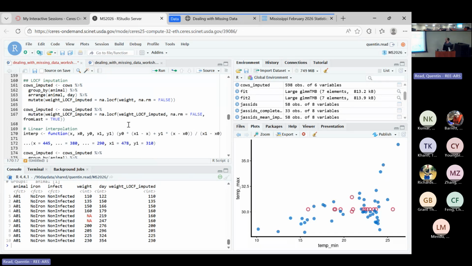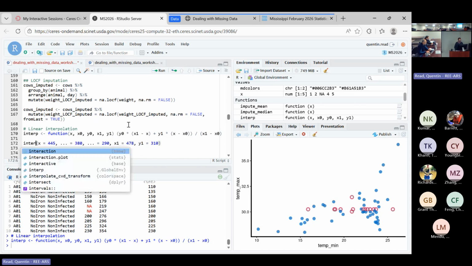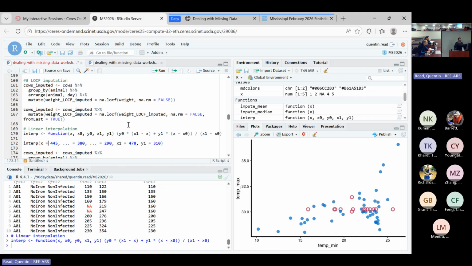And so we run line 170 to define the interpolation function that I just made, and then we're going to run it with those arguments. I called it interp, or interpolate. And then the arguments all have names, right? So there's x, that's the coordinate that we want to know the y value for. x0 is the first time point, the x coordinate of the first day. y0 is the weight on the first day before the missing value, and then x1 and y1 for the later time point. If we enter that in and then run that,